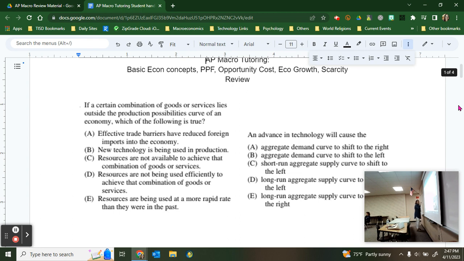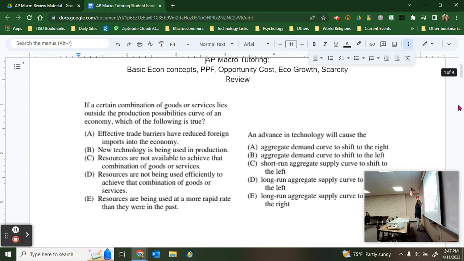All right. What are the two things on a default graph? What are the two axes on a PPF curve? Capital goods and consumer goods. This is a curvy PPF curve. If it is curvy, what is the name of that slope? Increasing. We'll talk about the different slopes in a second on the next page.